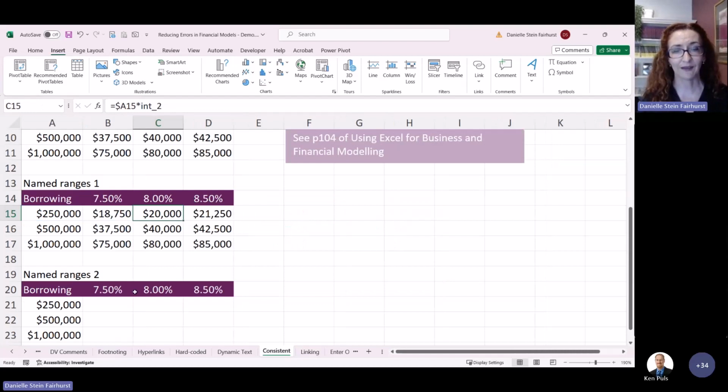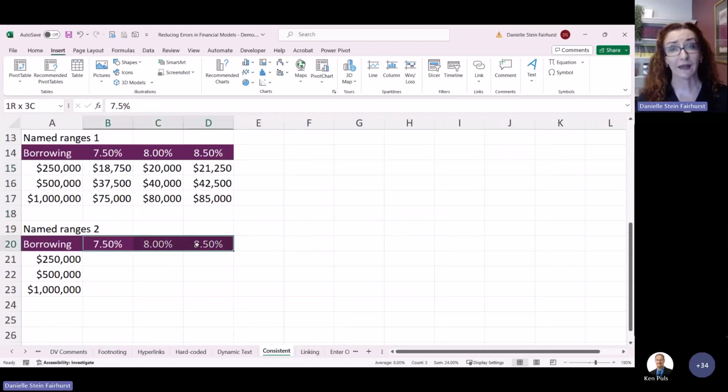If you are going to use named ranges, and I do think they're great if it's for an assumption that you're going to use and reuse over and over, absolutely, a named range is good. But I would probably prefer to do something like that where you've got all 3 cells and you go interest, and then your borrowing amount would be here.